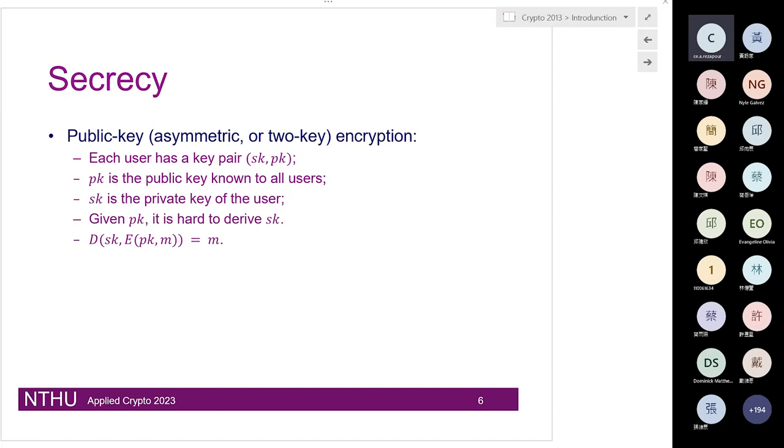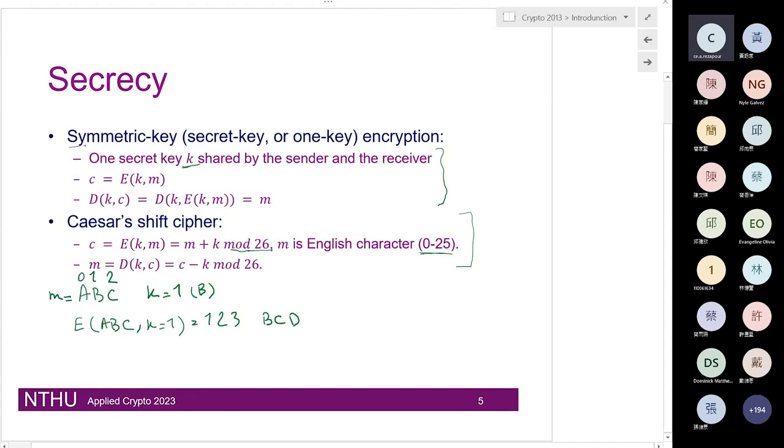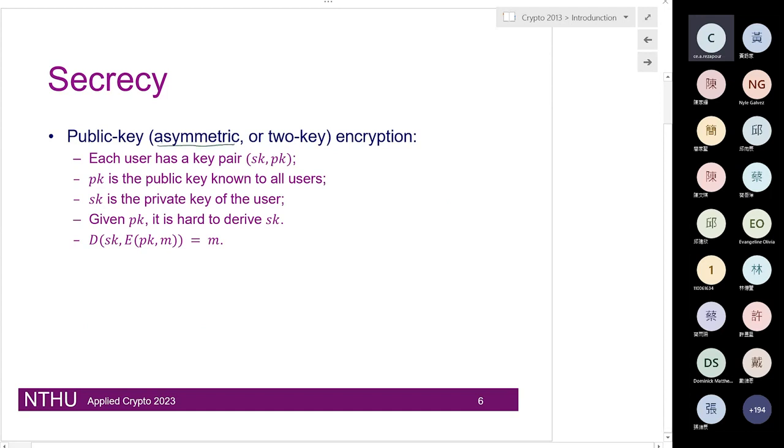In a lot of scenarios, you want to connect to gmail.com. You've never walked into the Google office and asked them, hey, let's share a key, so that when I go home and want to connect to your server, we know what key we use, right? It doesn't happen in practice, because in practice we use a different sort of cryptography that is called public key cryptography, or asymmetric. Unlike the other one that was symmetric key, where both parties use the same key,